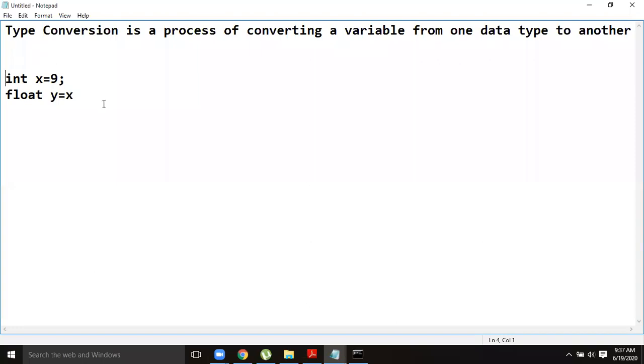Type conversion can be automatic. See here, an integer is converting into a floating point value. This is automatic, and automatic type conversions happen in many cases. If you write a mixed expression, for example, float sum equal to x plus y, this is a mixed expression, where an integer is there, a floating point variable is there, a double value may be there.